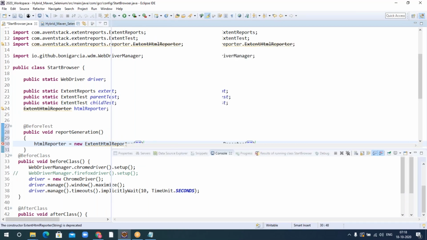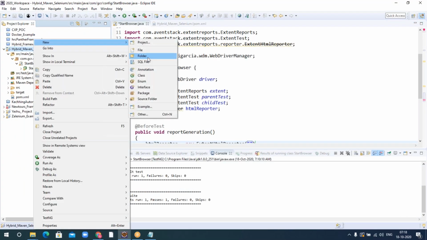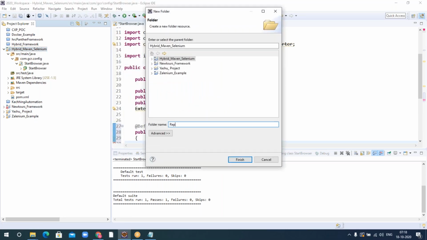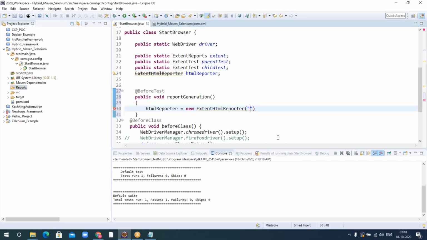So what I'll do is here I'm going to create a new folder, report. Under this folder I'm going to keep my report files, and slash, I'll just say my report.html. You can give any name to this one. So I just gave my report.html. You can give any name to this.